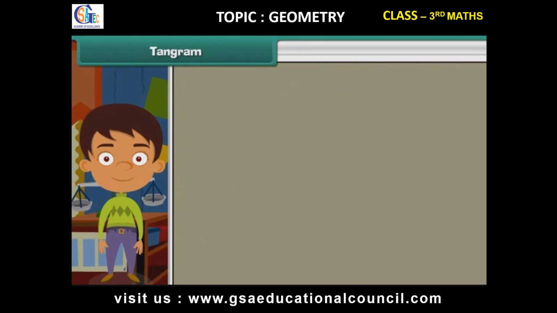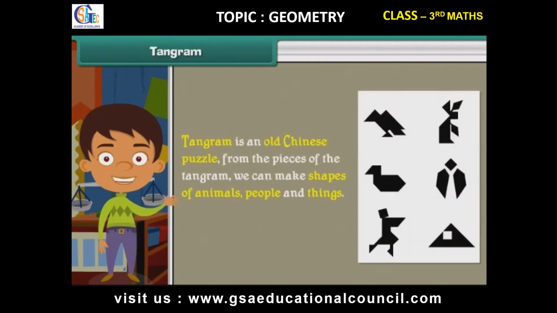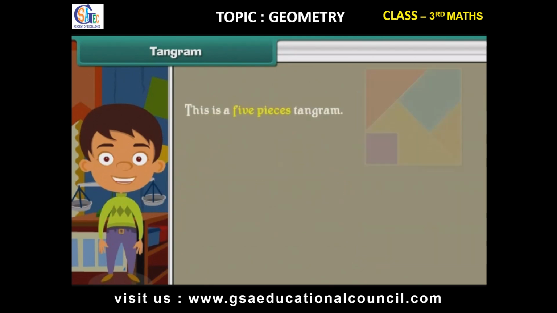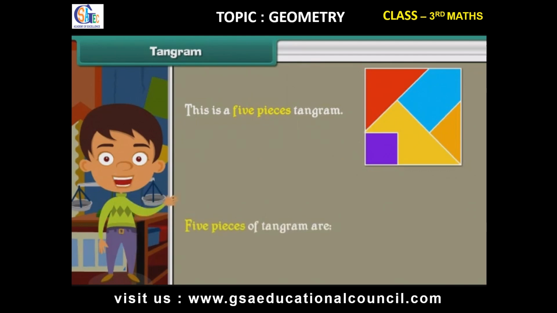Tangram. Tangram is an old Chinese puzzle. From the pieces of the tangram, we can make shapes of animals, people, and things. This is a 5 pieces tangram. The 5 pieces of tangram are: